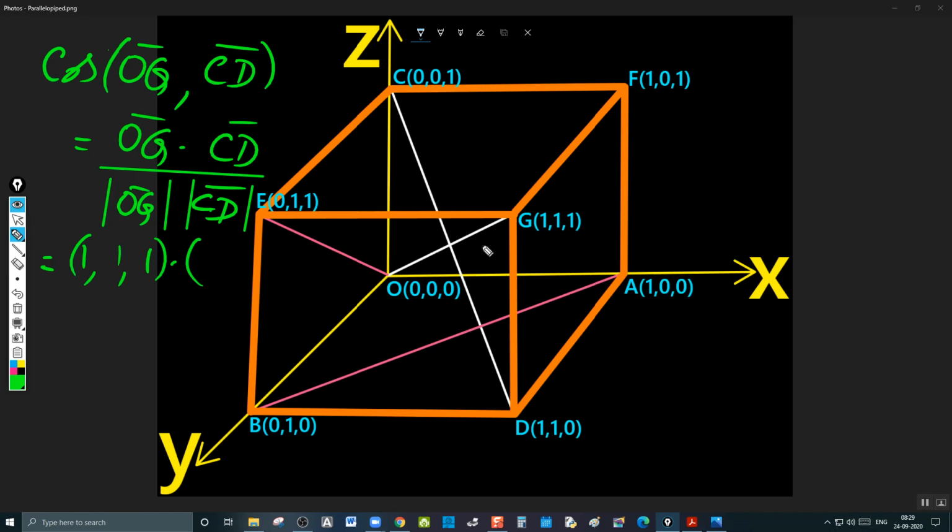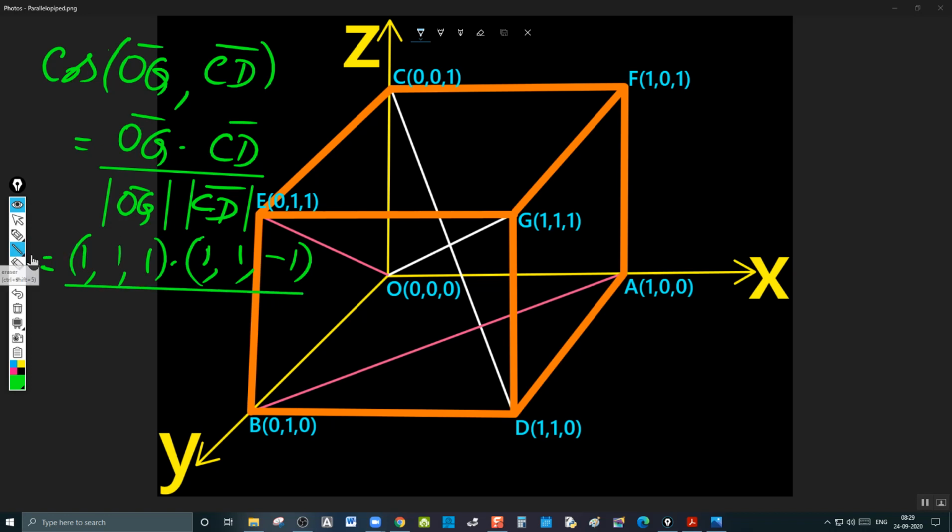You can take any side, no problem. Even if you get a minus, we will be taking only the acute angle. DRs I'm writing: 1 minus 0, 1 minus 0, and 0 minus 1. Whole divided by